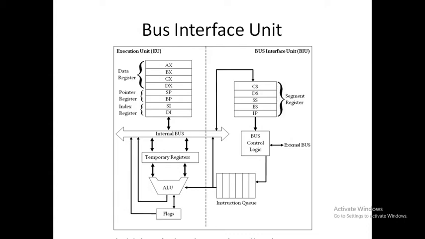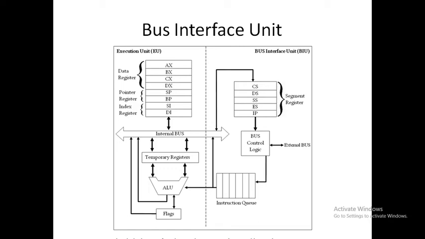Stack segment register. The stack segment holds the address and data of subroutines. It also holds the content of registers and memory locations given in the push instruction. Extra segment. The extra segment holds the destination address of data for certain string instructions. And last, we don't have it as a segment register, but the instruction pointer.